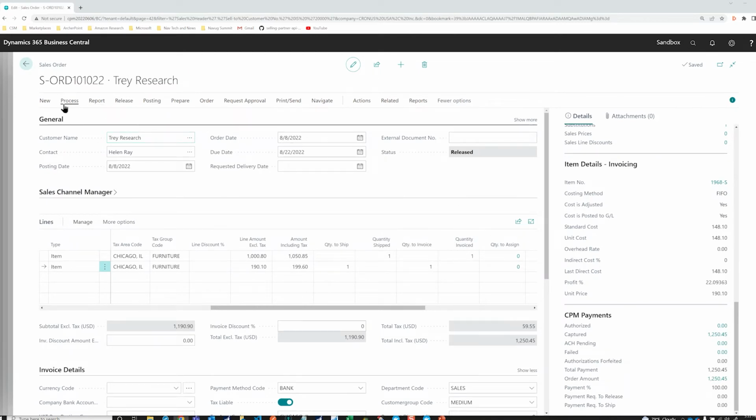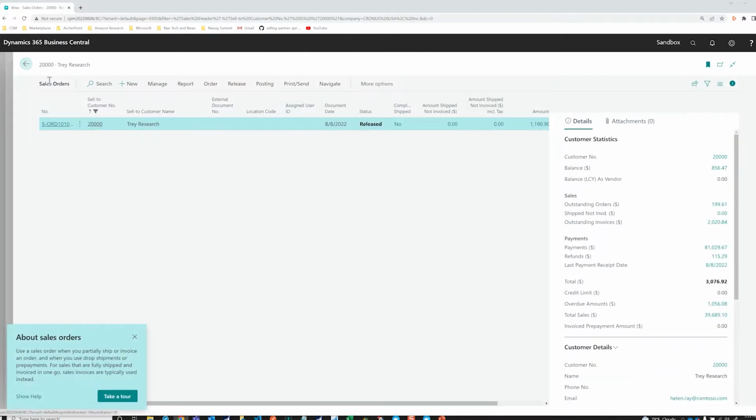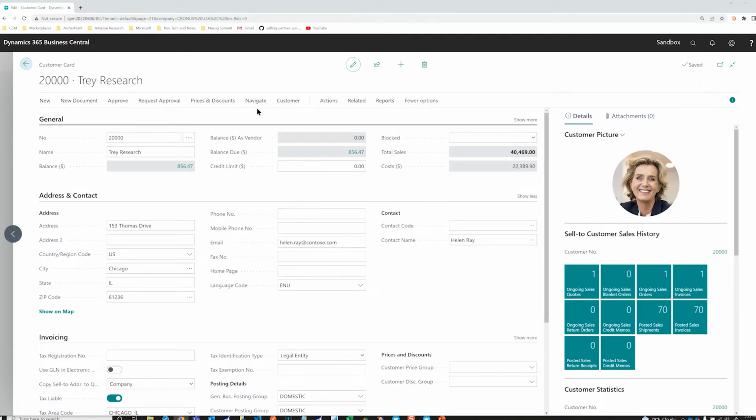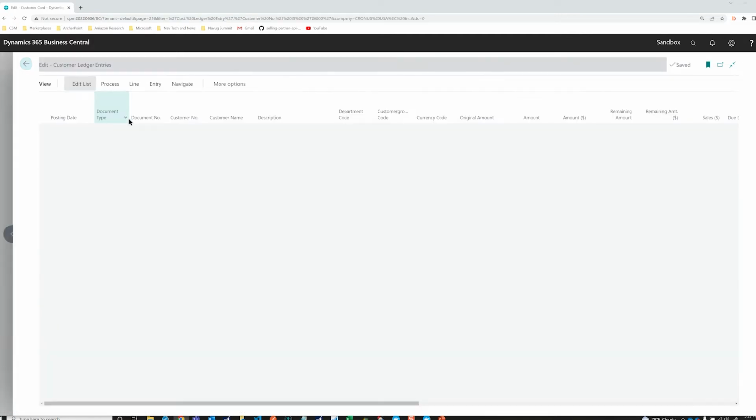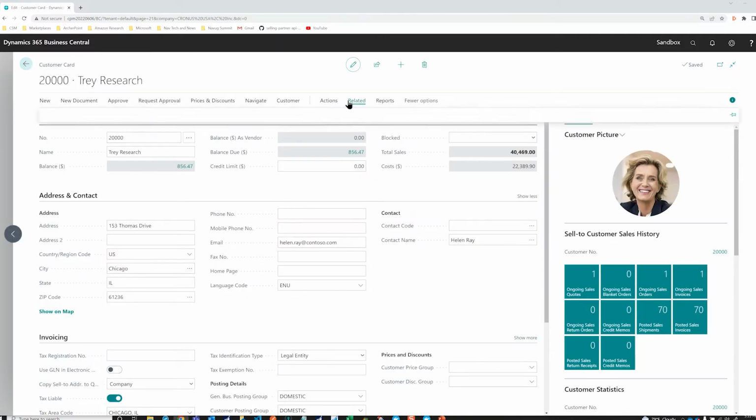So when we look at the customer ledger entries now, we can see that we essentially have the invoice of $1250 matching our payment of $1250, and we still have a balance on our payment of the $199.61. So if we go back to the sales order,